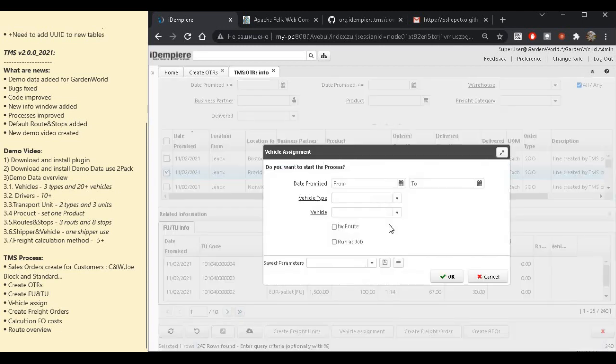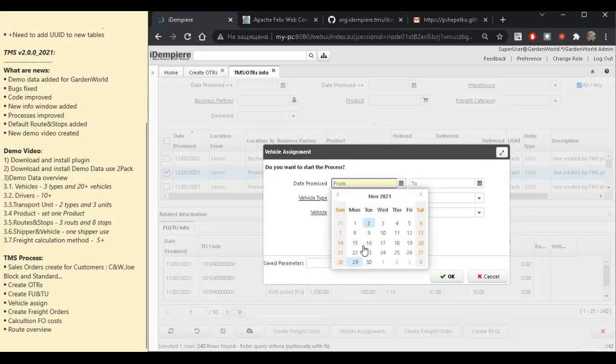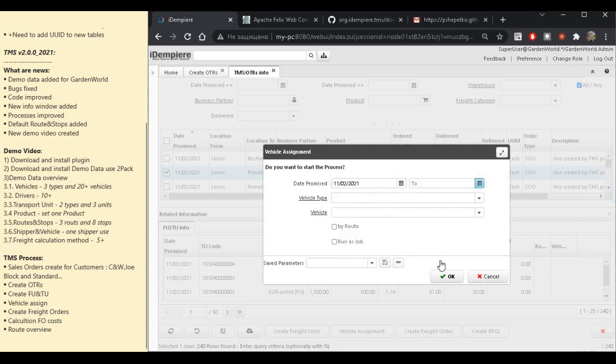We can put the date, all, and we can assign one vehicle for that, and we can select the vehicle type. We have 3 types of truck: